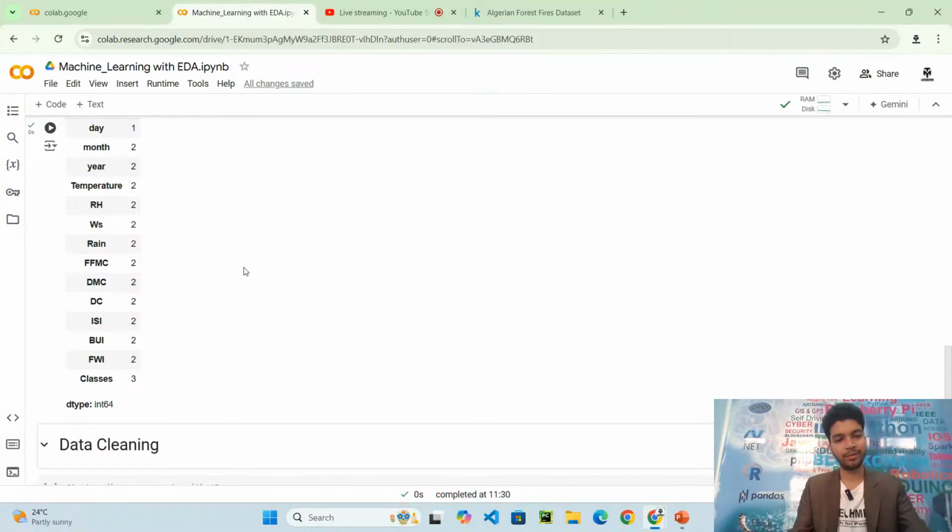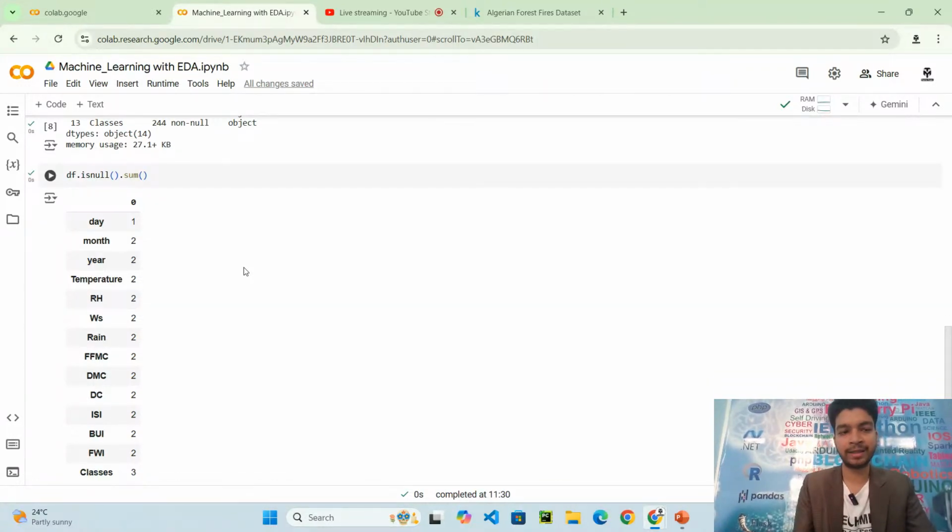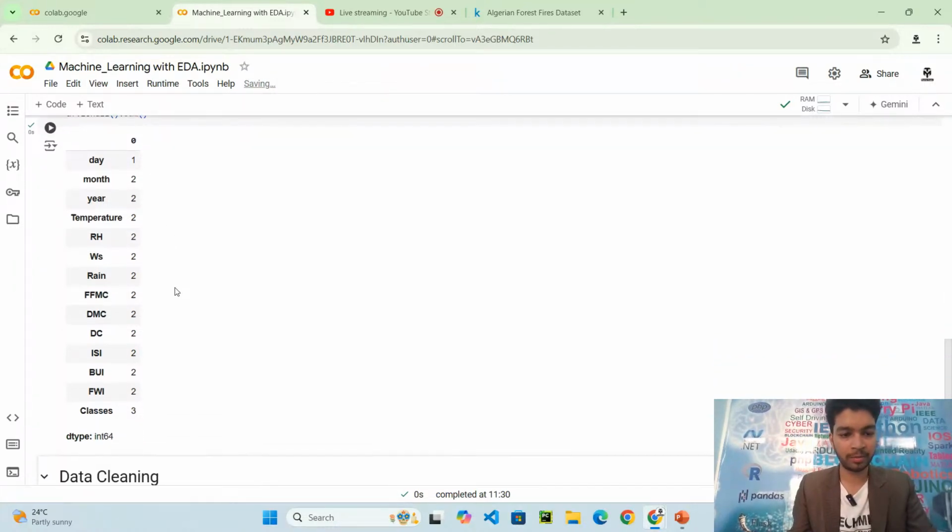So missing values are not as large as in other data sets. You can easily drop these missing values with a simple pandas function itself. You don't have to invoke sklearn and call imputation to fill these missing values. It will be easy for us to drop because missing values are not to that extent.